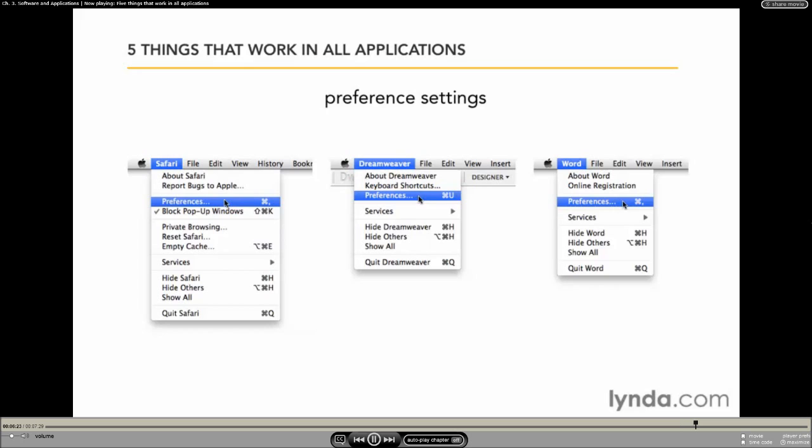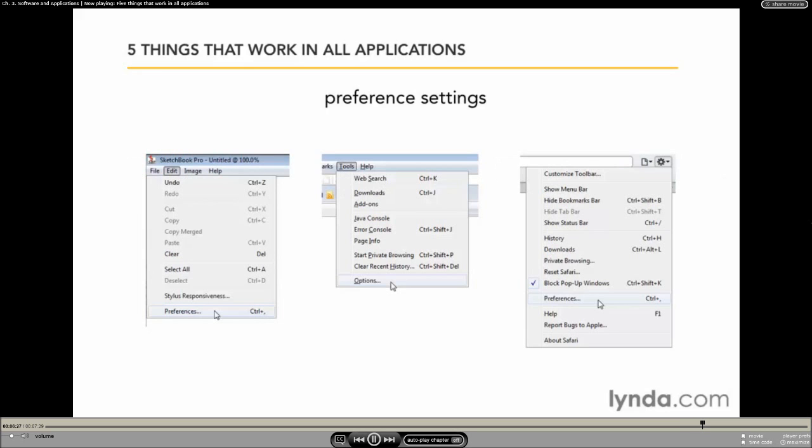In Windows applications, depending on the application, you'll often find preferences under the Edit menu, but it might be called Properties or Options instead of Preferences. And in some applications in Windows, you'll find preferences under a menu called Tools, or even under an unlabeled button that looks like a gear icon. So sometimes you do have to do some hunting around in Windows applications, but those are generally where you'll find